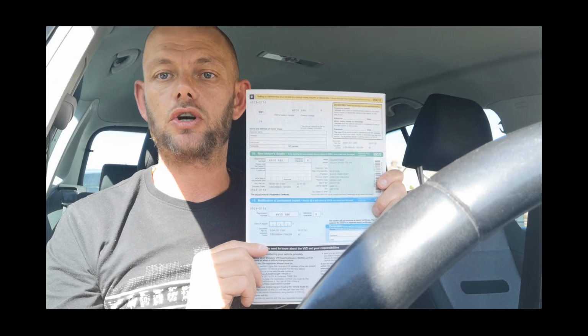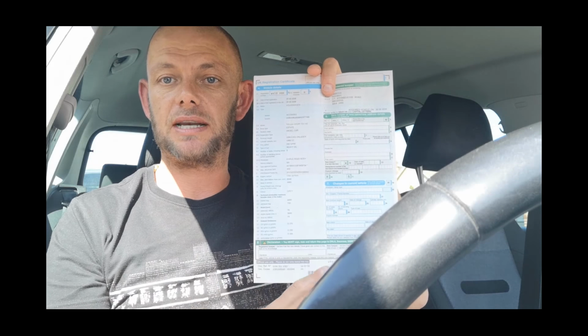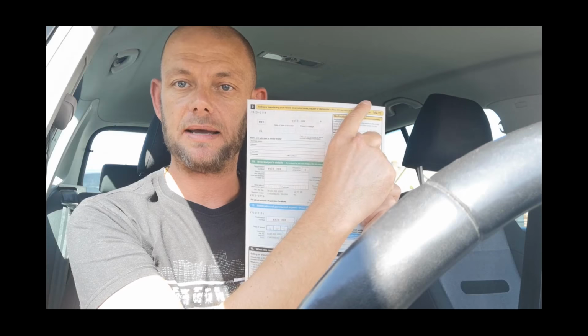If you're selling to trade, it's slightly different. You don't complete any of this section if you're selling to trade. Instead, you complete section 9, selling or transferring or part exchanging a vehicle to a motor dealer. You will complete their business name, address, their VAT registration number, and the date when you have sold the car to them. The next step is that you will send just this yellow slip to the DVLA,